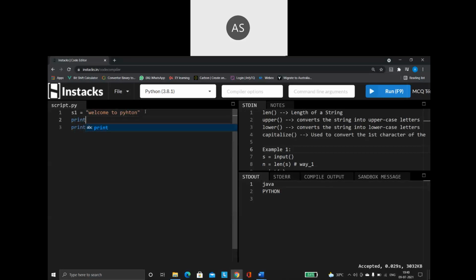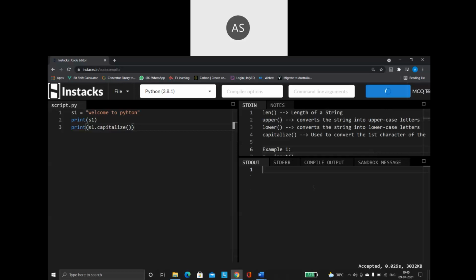I'll print that also, and then I will print s1 dot capitalize. Now run this program. See what happens. Only the first character of the string will be converted into an uppercase letter. That is the function capitalize.